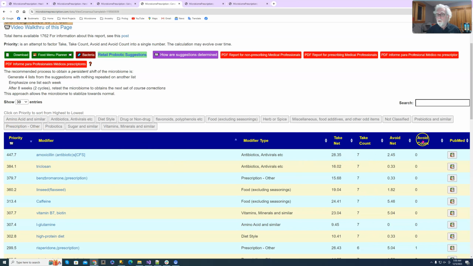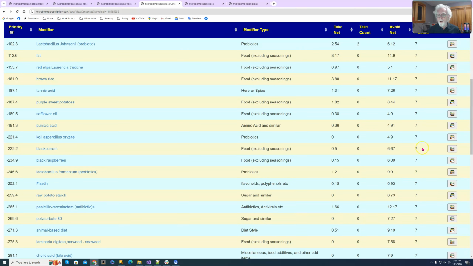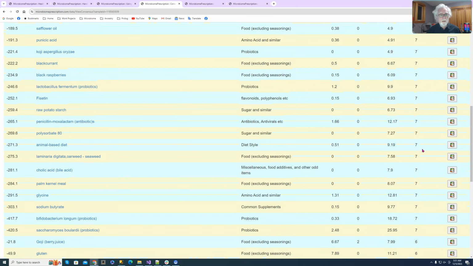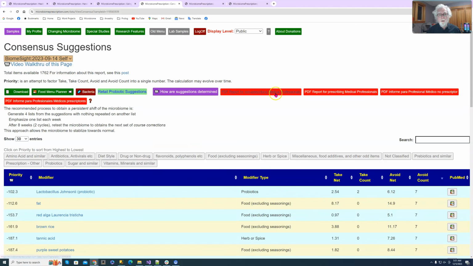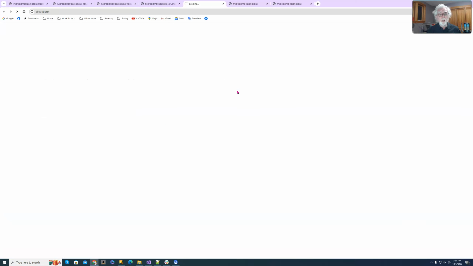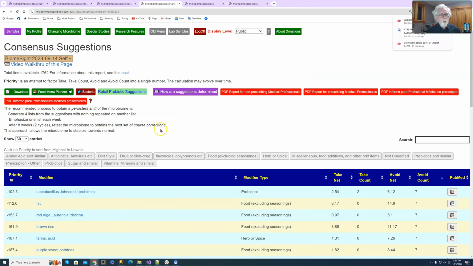And if we click here, we see we have 7 items of things to avoid, and it's a long list. Now how many items do we have on this list? We have 1,700. That is overload, which is why I have these 2 buttons to report for non-prescribing medical, which goes and downloads a file, which we can take a look at in a moment. But more importantly, we can take a look at specific things, because that file gives you a very short list designed to help